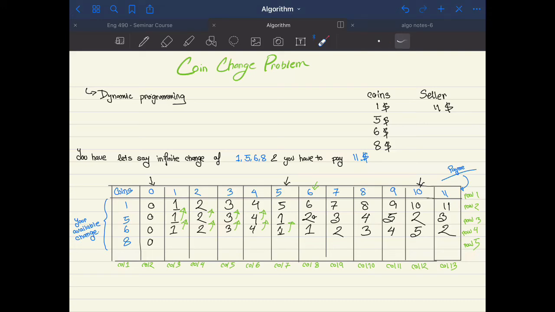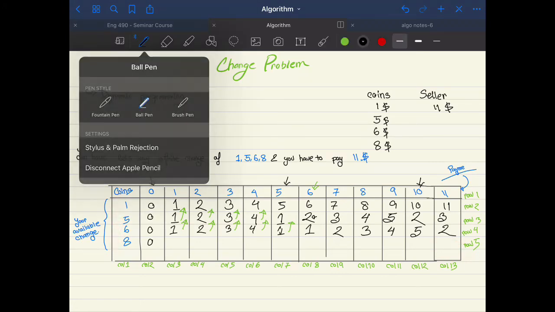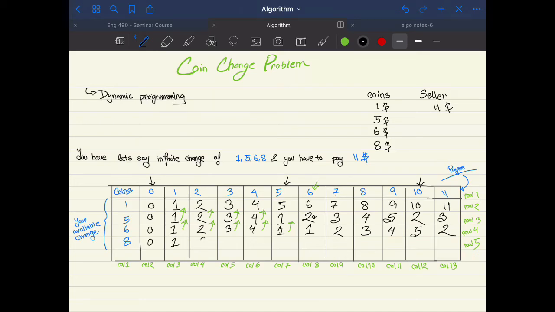Now the last row that we'd be dealing with, where we have all the coins 1, 5, 6, and 8, we'll be putting the values. So 1, 2, 3, 4, 1, 6, 1, 1, 2. So all of these values came from the top, right? Because we wouldn't be able to use the coin 8 here, and we have already calculated the best situation that could be used for the case where we only had 1,